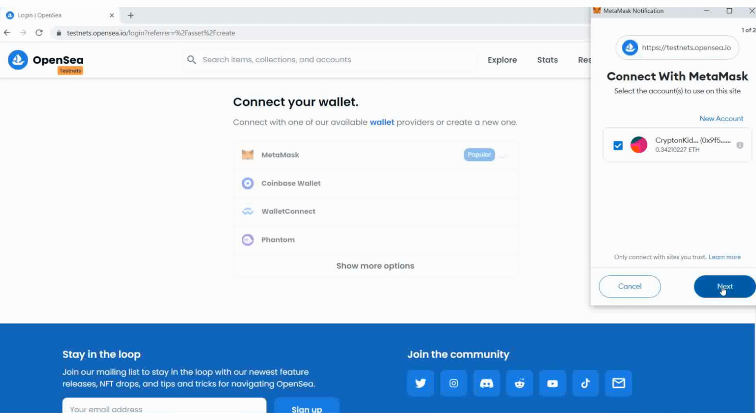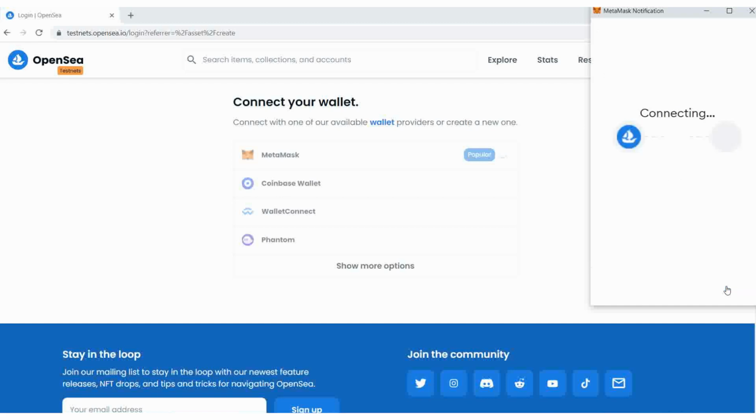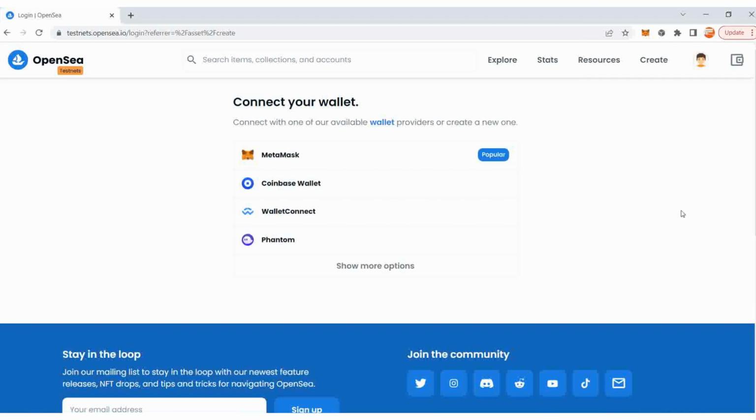Then the next thing is I'll click on next. It gives me more information. It tells me the access permissions that I am giving to this site, which is OpenSea. This is to confirm if I still want to go ahead and do the connection or not. If I'm not interested, I can just click cancel right away. Okay, I am fine with it. I want to go ahead with the connection, and so I'll click on connect, and it shows me connecting right